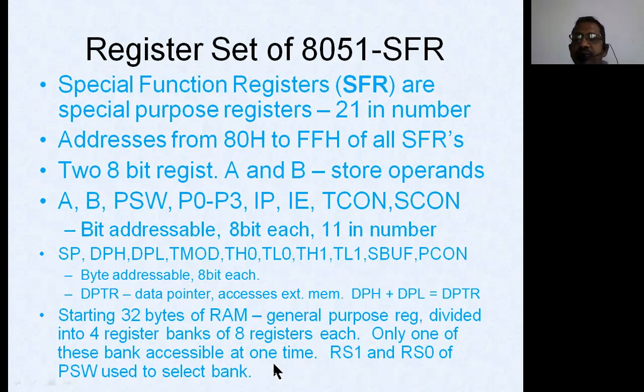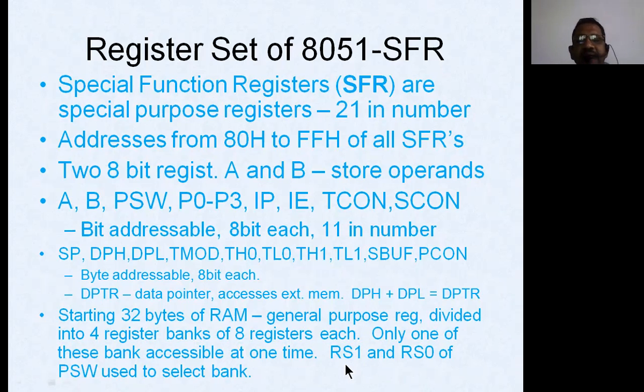But how do we normally use them? Say, for example, if the programmer is going to use a bank 1 R2 register, he'll be using only that register at a time. In parallel, he cannot use some other register. If he has to use some other register, he has to use only that appropriate register. More than one register in this bank is not going to be used by the microcontroller in parallel. That is one of the little drawbacks here in the case of 8051.